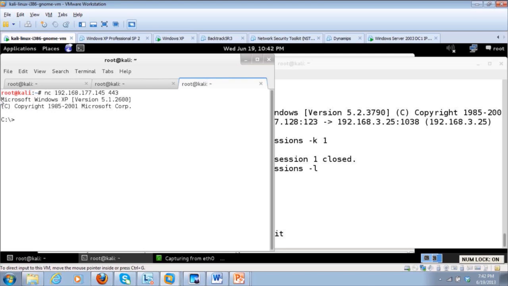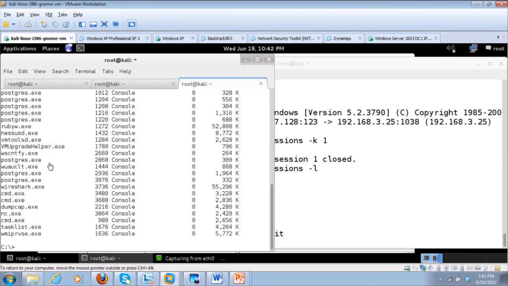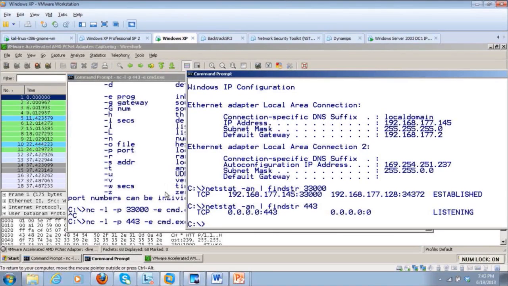Now we've got the same shell, same as we had before. It's a little bit different. So I don't know if tasklist is on here, but we'll try it. Tasklist, doesn't look like, oh, it is actually on there. This tells us the processes and everything running on the machine. So this shell on the machine is going to be at the privileges of whatever the user's at when we actually execute the code. So now we switch back to our Windows XP,